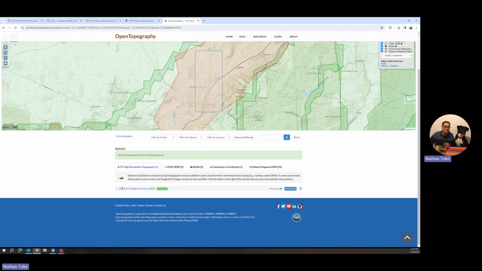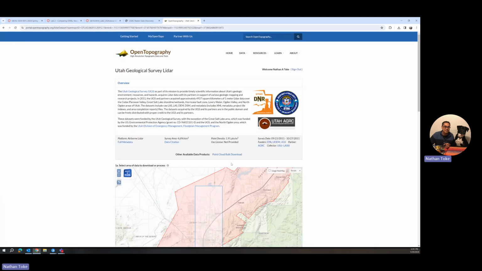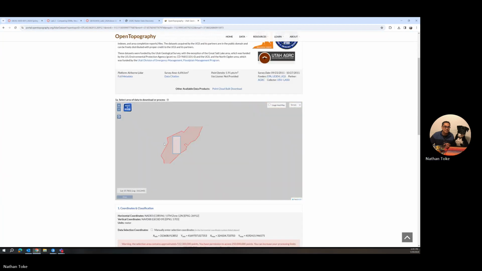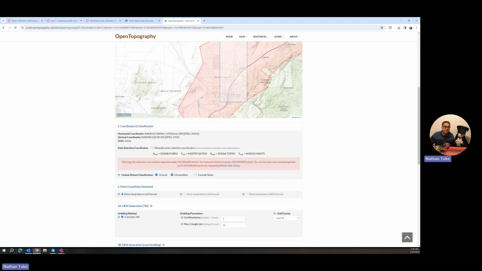Okay, so I can see the Utah Geological Survey LiDAR. If I plus that, I can look down here and I see that it is the 2011 data. So if I want that, then I click point cloud and it carries over my selected region, but it's going to give me some issues. So if we scroll down, it tells me that I've got too many points. I'm only supposed to collect 250,000 points